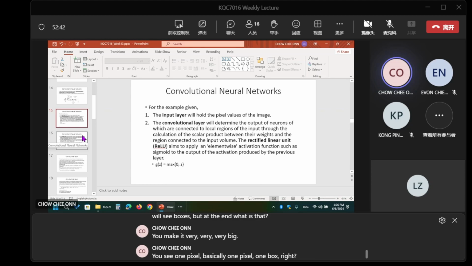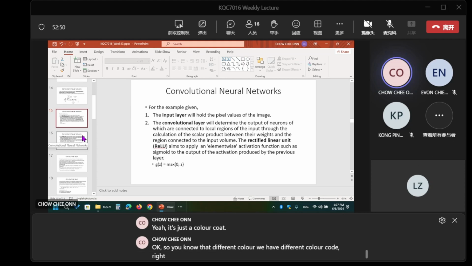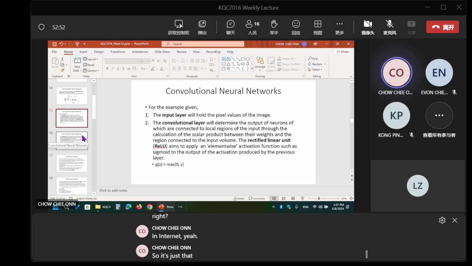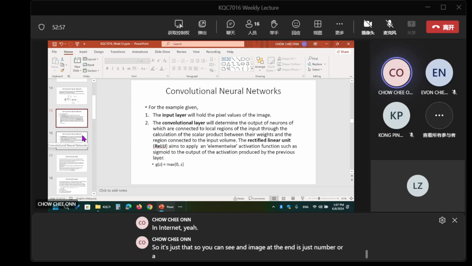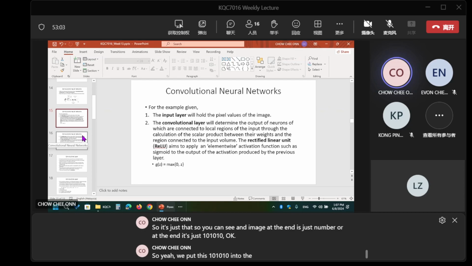Actually, it's just one color code. You know that for different colors, we have different color codes, right? On the internet. So it's just that. You can see an image at the end is just numbers, or just 101010. So we put this 101010 into the input.